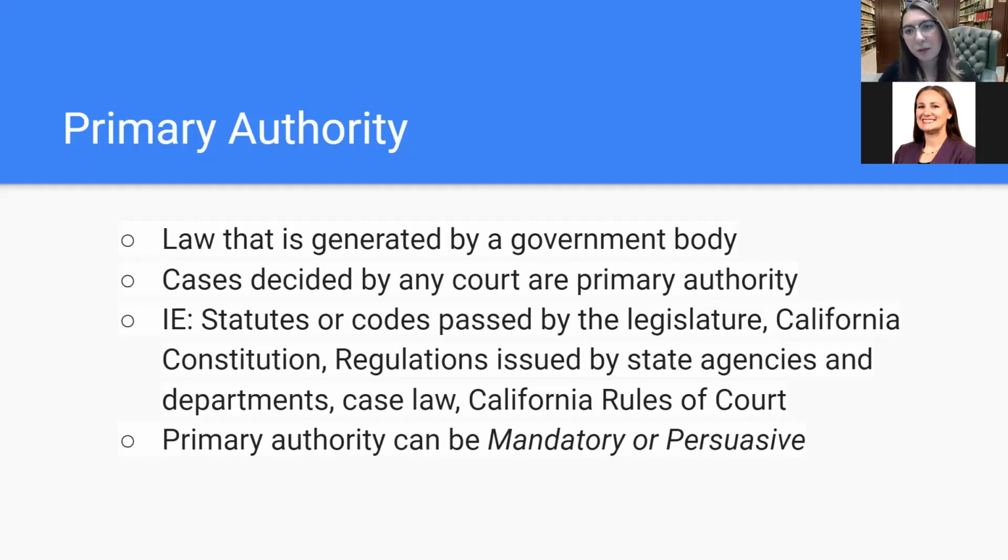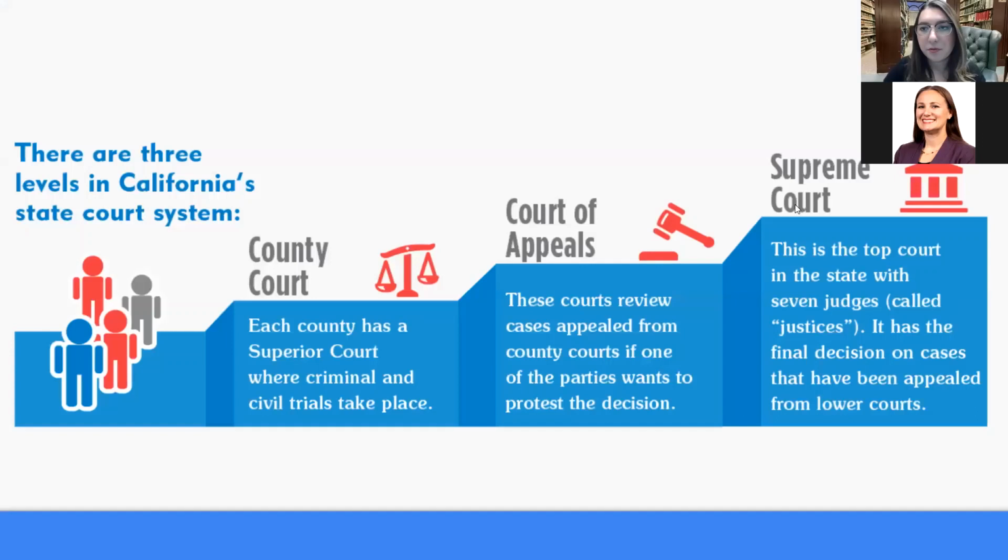Two things to note about primary authority: it can be either mandatory or persuasive. Before we get into mandatory authority, just a quick review of the California court system. There are basically three levels, starting with the county superior court, then the Court of Appeals, and then the California Supreme Court. Mandatory authority works from the top down. Once something is decided by a higher court, it's binding on all lower courts, whereas